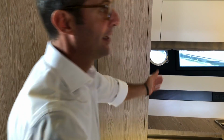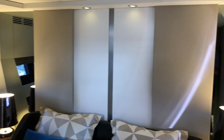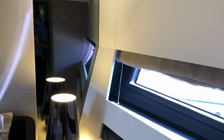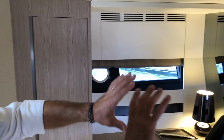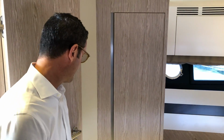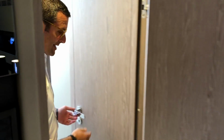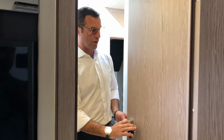VIP, very wide. Look how wide is this forward bulkhead, again provided by our unique geometry bows, which enables us to achieve much more walking deck space on the outside for all the delicate maneuvers of docking and anchoring, but more than anything provides us much wider forward bulkheads for the VIP cabin. That's how we achieve such space. The VIP cabin has access to the head through this door, which is also accessible from this door and therefore shared with the guest cabin. So by opening this door, you access the head